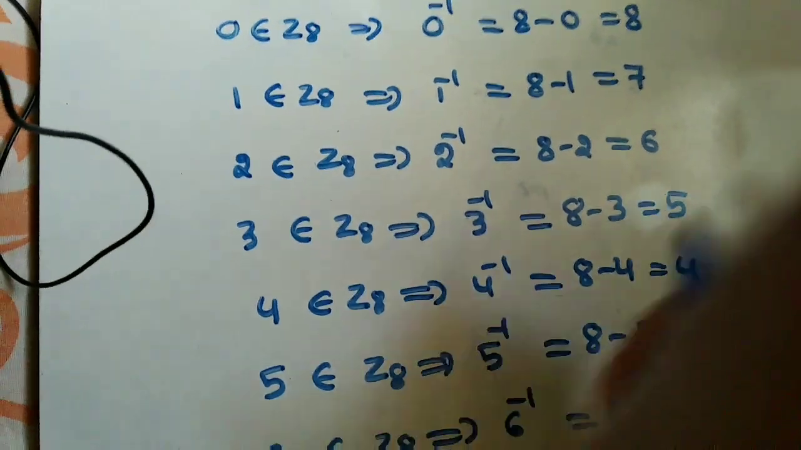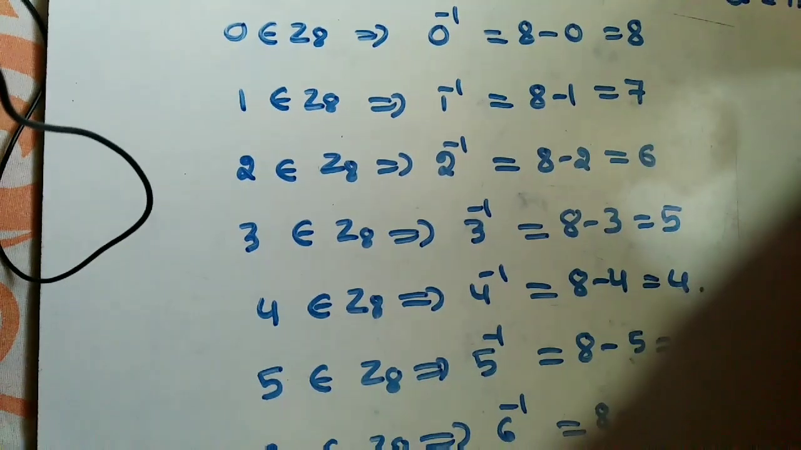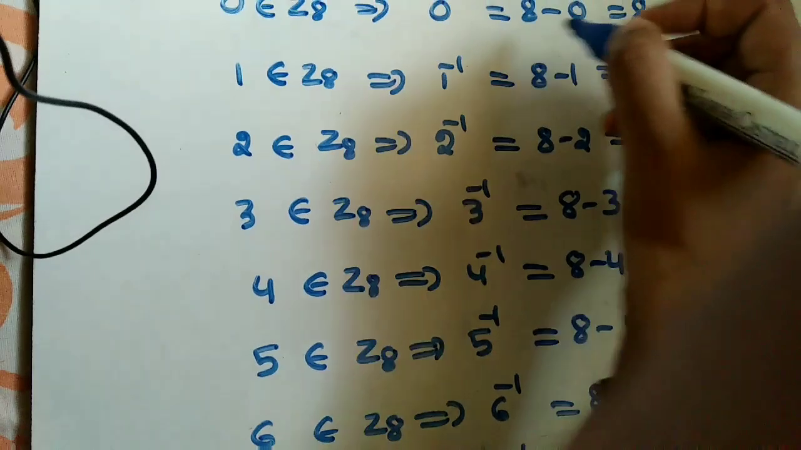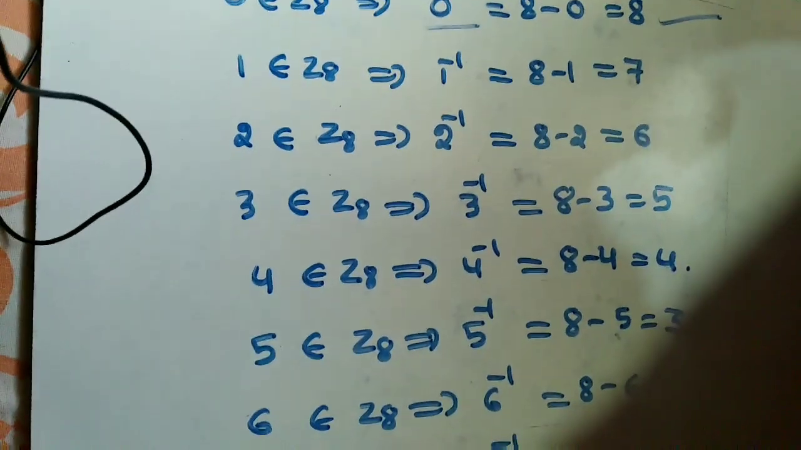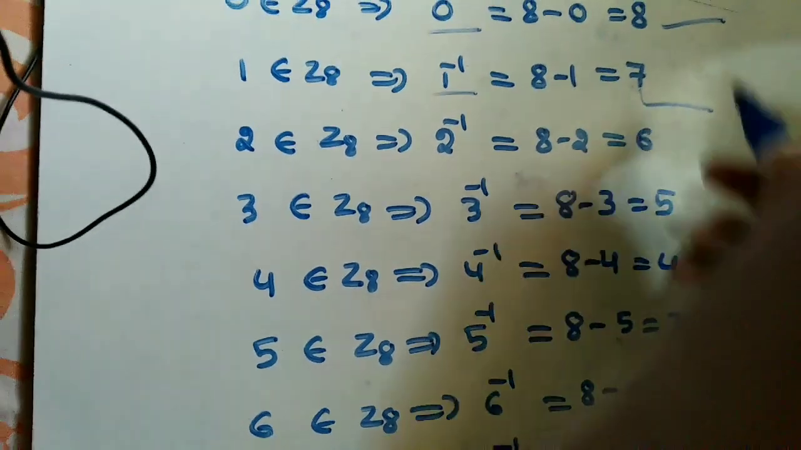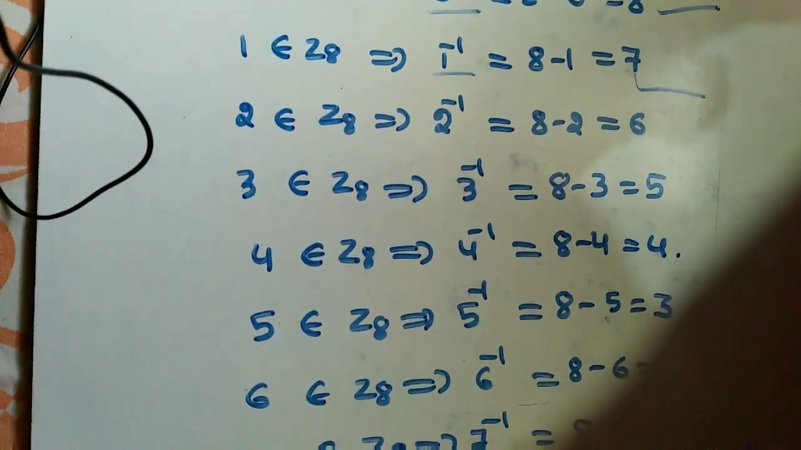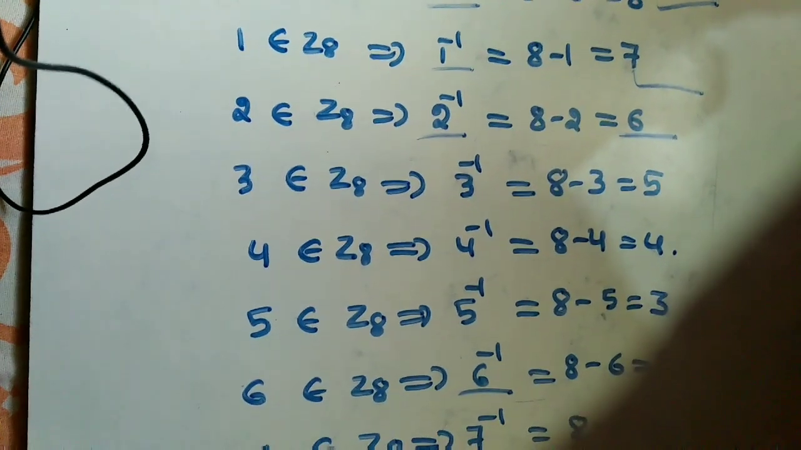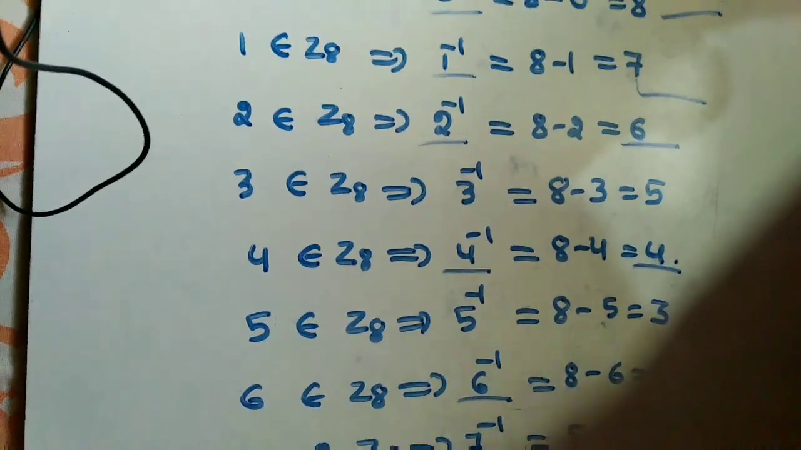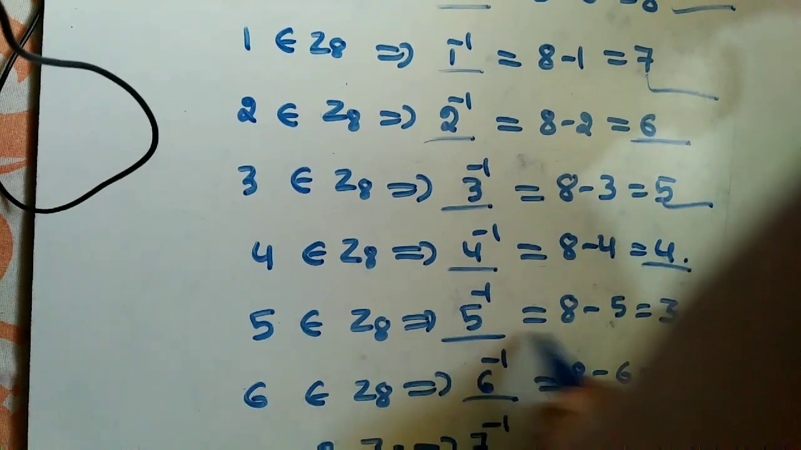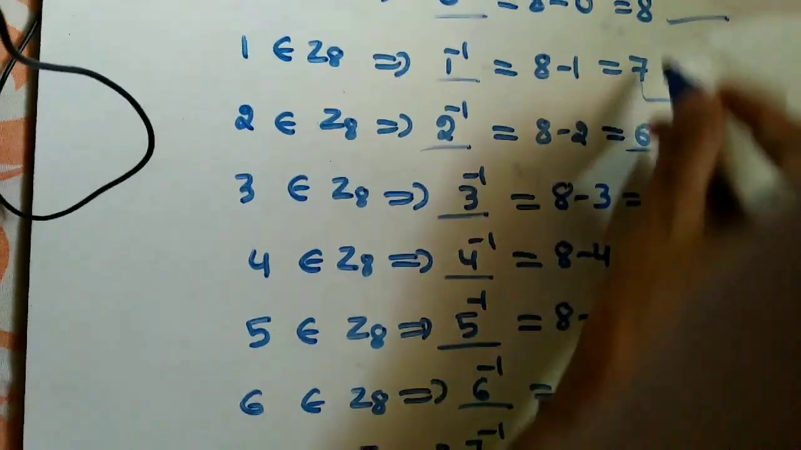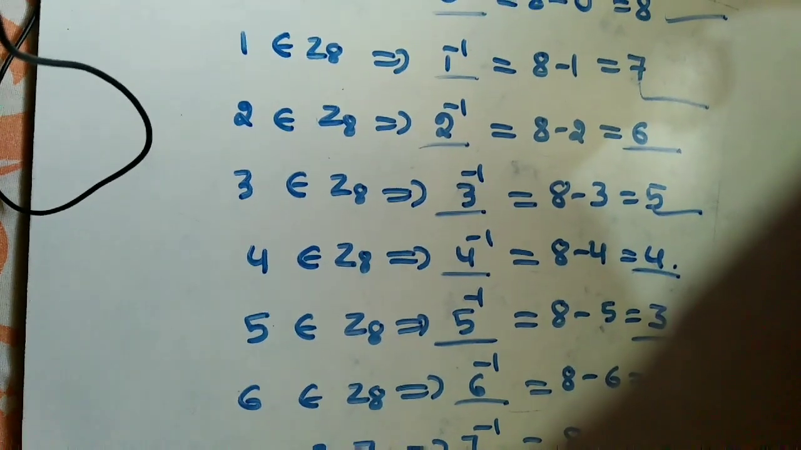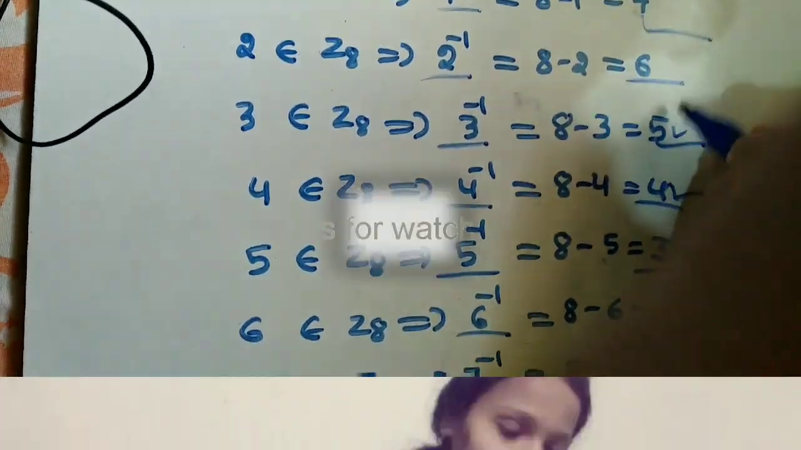Guys, you just observe here. We get all these elements, and if you look here, 0 inverse is 8. 1 inverse is 7. And what is the 7 inverse? Which is 1. 2 inverse is 6. What is the 6 inverse? Which is 2. And 4 inverse is 4. And 3 inverse is 5. And 5 inverse gives you 3. So here you will get the inverses. These inverses also belong to what? This